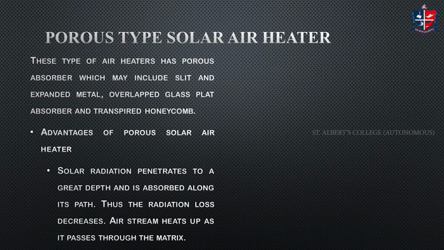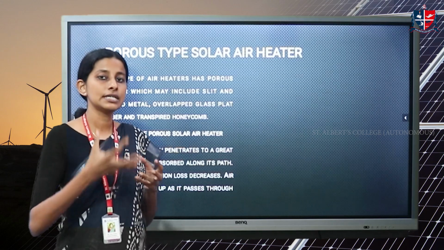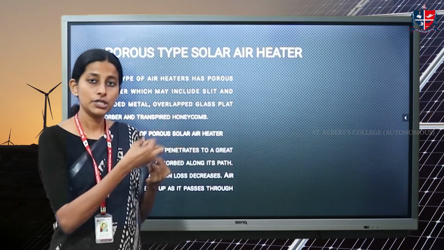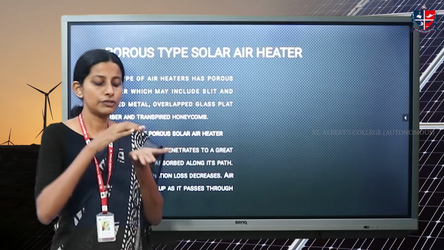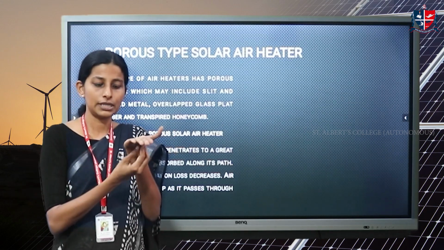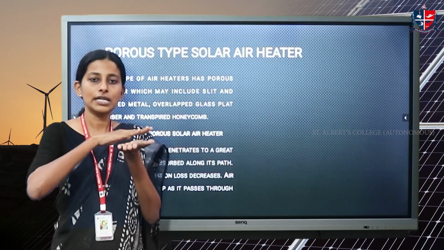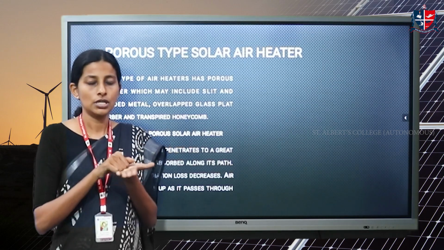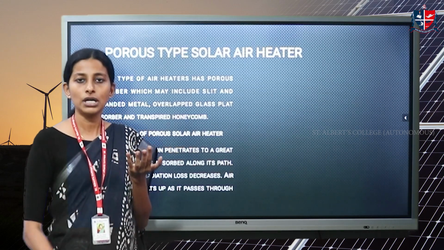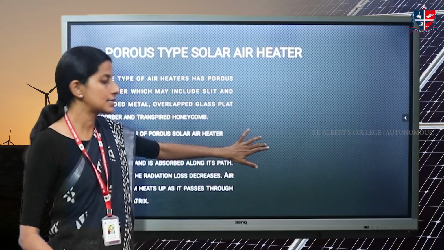Now let's move on to the porous type. From the name itself we know that porous means it has the ability to transmit through. It can collect the air through it, the heat through its transfer. If this is a plate, through here it can go and penetrate and come out. Earlier it was only above and below, but never through it. So porous can absorb it through the material, hence the name porous air heater.